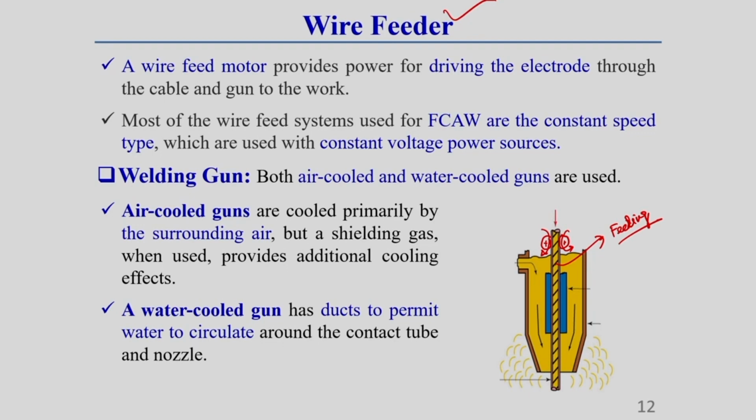So, most of the wire feed systems used in flux core arc welding system are the constant speed type, which are used with constant voltage power source. These things you keep in mind. Now, this is the welding gun. This welding gun which I have shown in the welding setup there itself. So, the welding gun has a contact tube, you see, this is called contact tube,